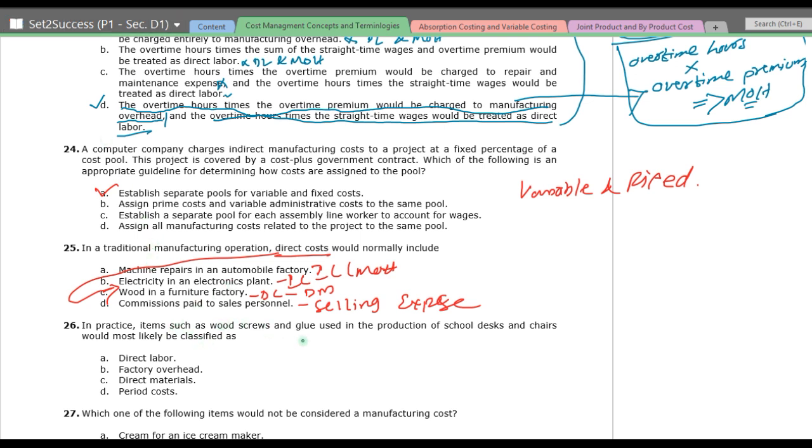Next, in practice, items such as wood screws and glue used in the production of school desks and chairs would most likely be classified as what? Wood screws and glue are very small and very tiny, and it's very hard to trace them to the end product. That's why we classify them as manufacturing overhead. We don't classify them as direct labor, as a period cost, or direct material. We classify wood screws and glue as factory overhead. So this is the correct option. Next,